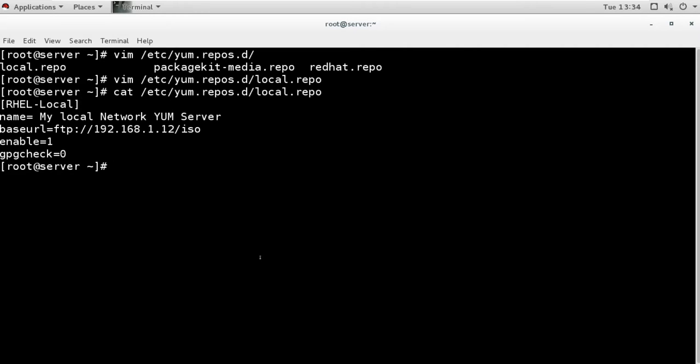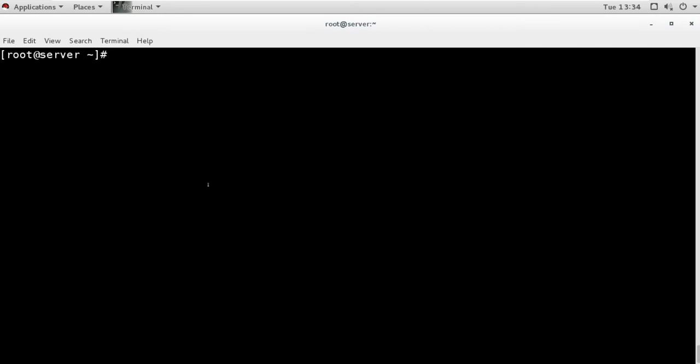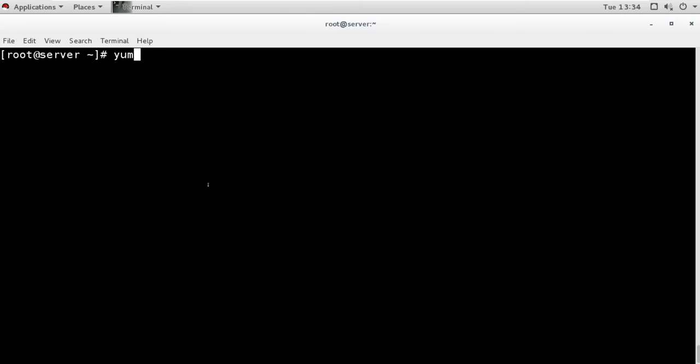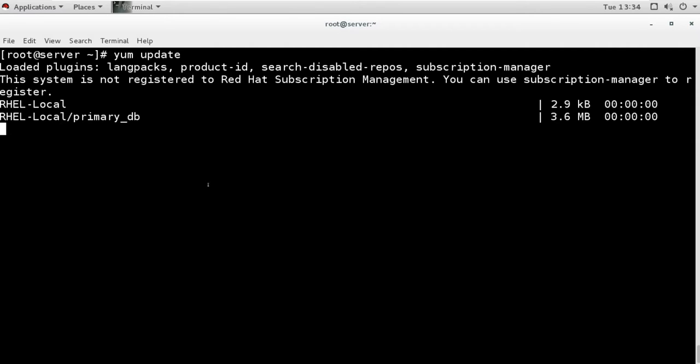We just have to change the file, and then we can check by doing yum clean all first, to remove the previous cache of the repository. Then you can use yum update, and it is now updating.